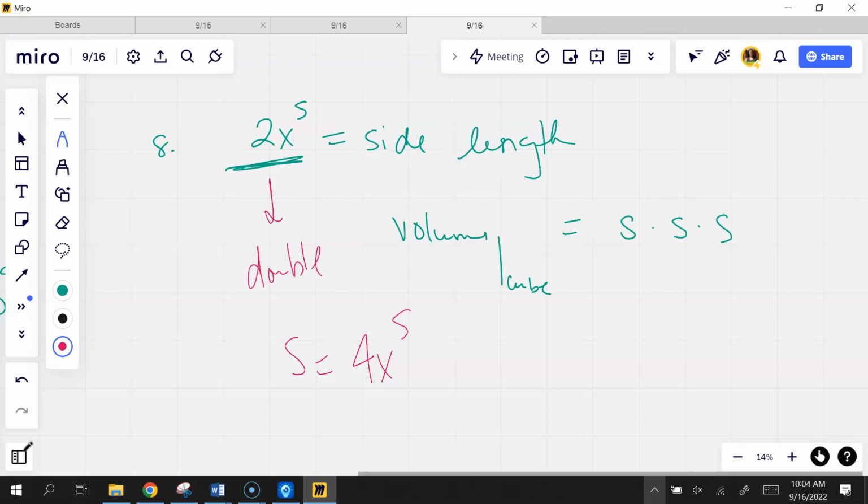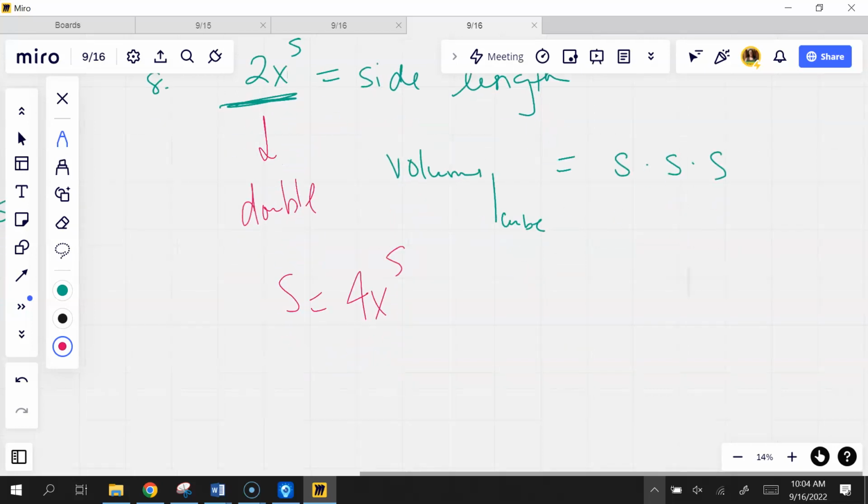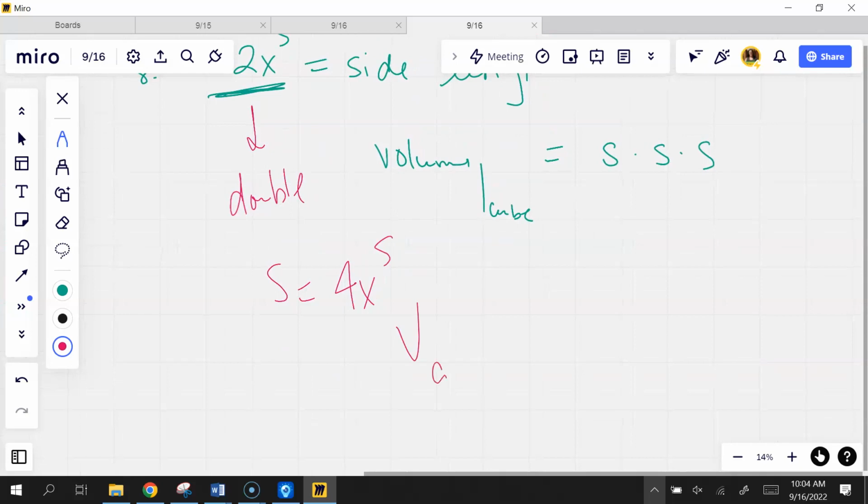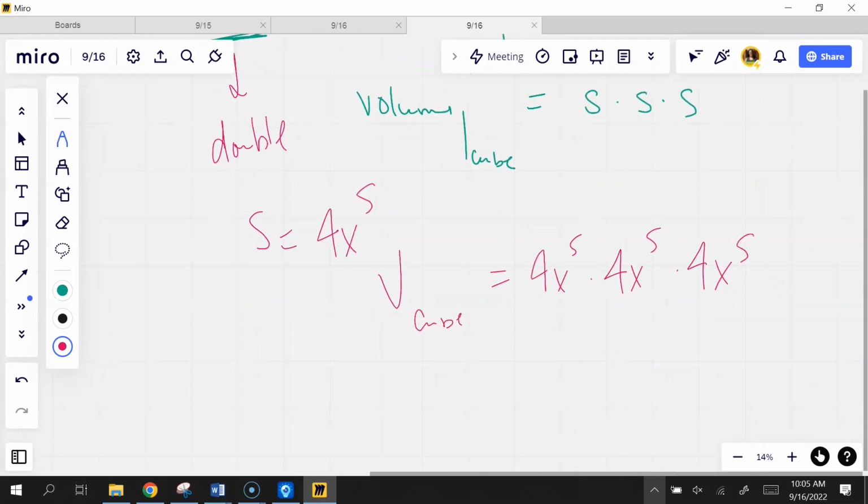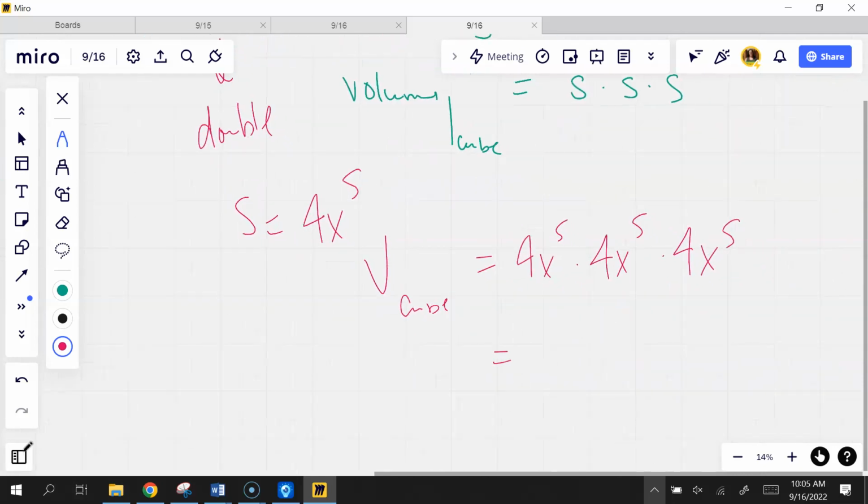That's right. If I just times it by 2, I'm only worried about that coefficient in front. Well, now I can do the volume. So now the volume of the cube is going to be 4x to the 5th times 4x to the 5th times 4x to the 5th. And what does that give me? Okay, so simplify it even further. 64x